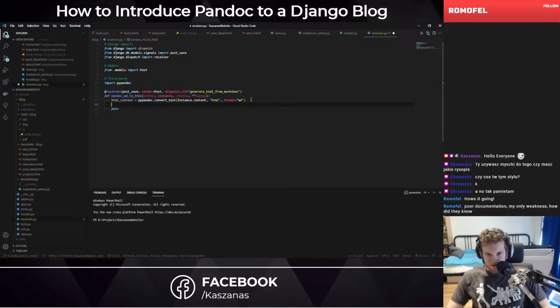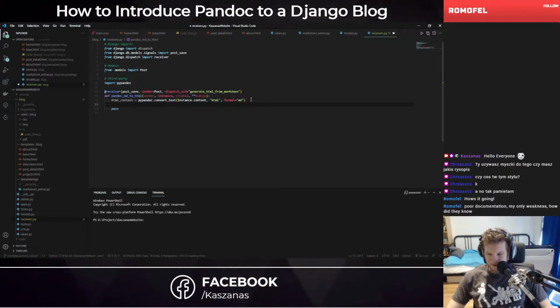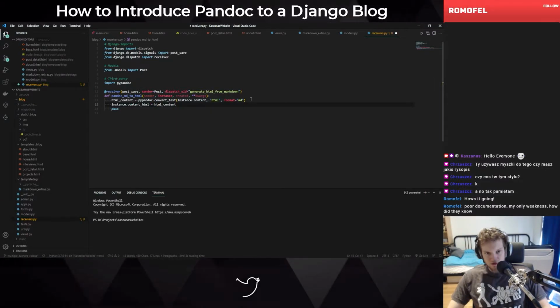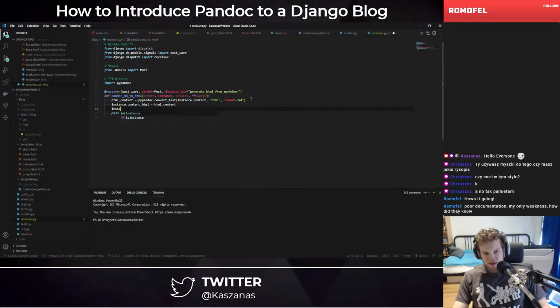For now, it's the simplest possible test, and then we'll do instance content HTML equals HTML content, and then instance